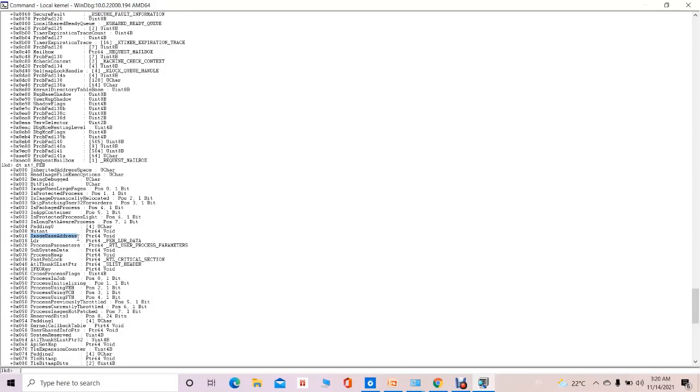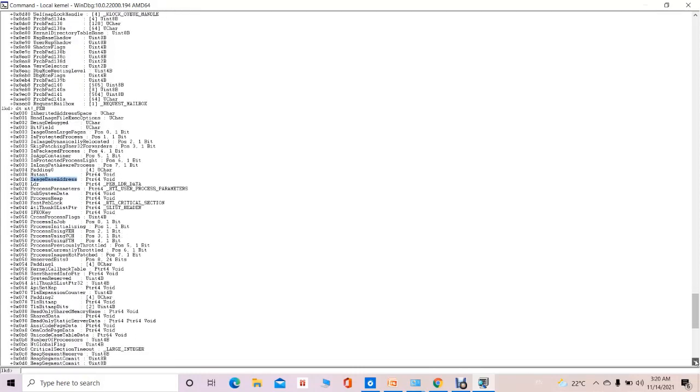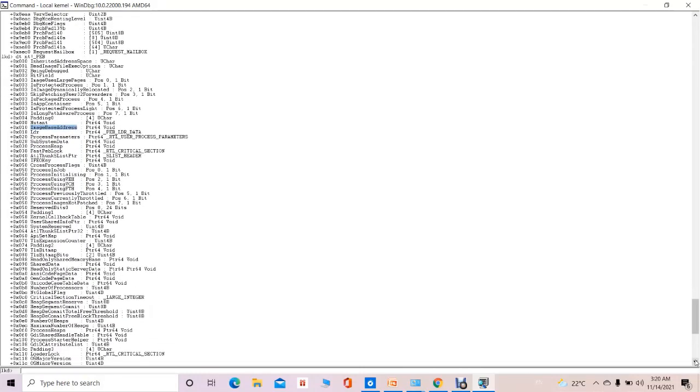That is possible from this, and the operating system can certainly make use of the process environment block structure to understand how a particular process is working. That is one of the few attributes. There are many other attributes which are important for the operating system. So the operating system makes use of the process environment block to understand a particular process when it is running.